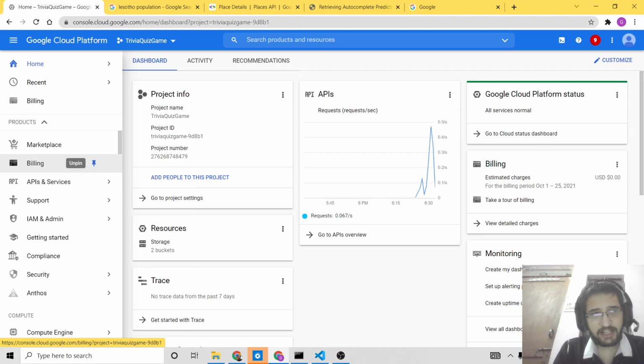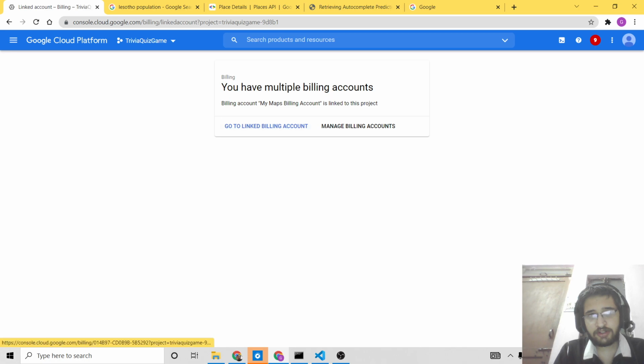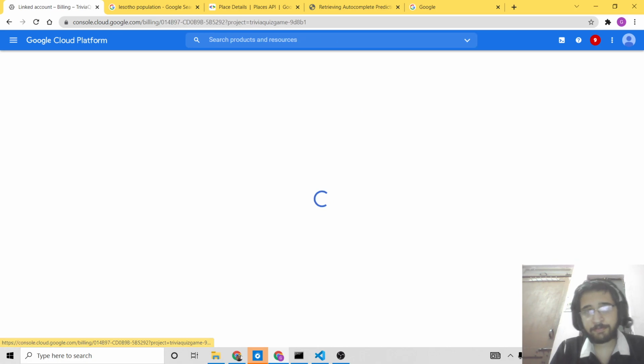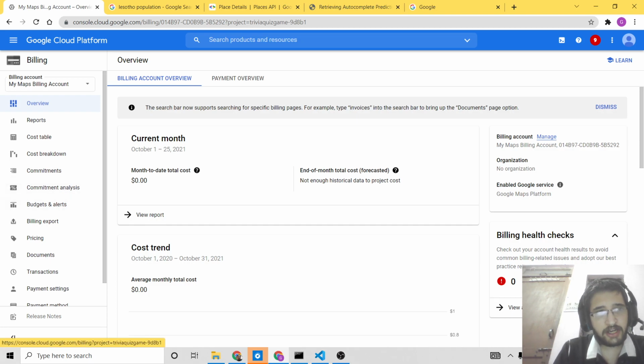That is why I have created this account here. Inside my billing section, you will see all these APIs are listed here. You will see you have multiple billing accounts. If you don't have a billing account, just create one, select your appropriate API, and then you can add your credit card information, and then you can create a billing